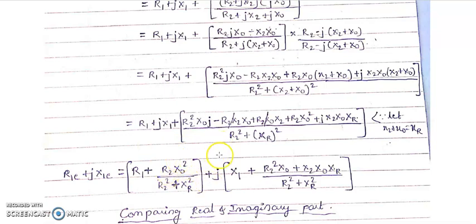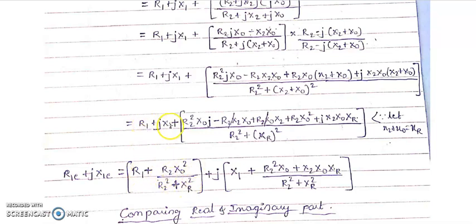No problem, we shall separate them, not a big deal. First you can see that I shall divide all the terms by R2 square plus XR whole square. I'm going to split this whole equation. After splitting, you can see this is the only term which has no imaginary j term, so I shall separate this. So R2 X0 whole square divided by R2 square plus XR square, yes or not? So here you can see R2 X0 whole square divided by R2 square plus XR square. I have separated it here.